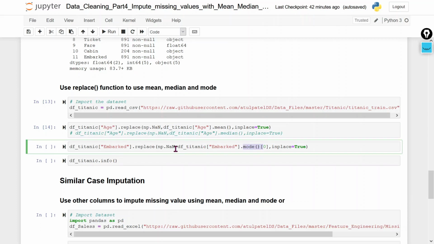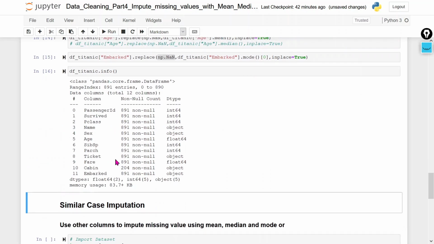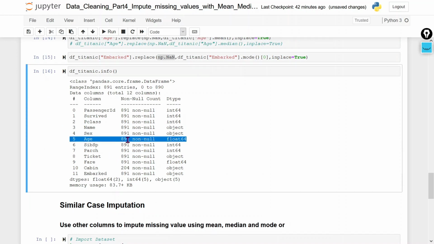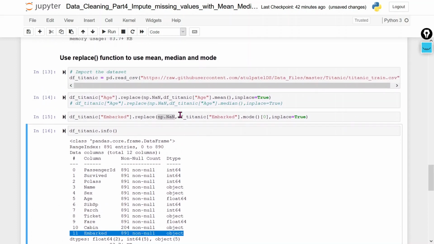Whatever the value we get in mode, that value will replace the null value. We can see the output, it is 0. You can see that all the columns are without null values. So this way we can use the replace and fillna function to impute the missing value with the help of mean, median and mode.